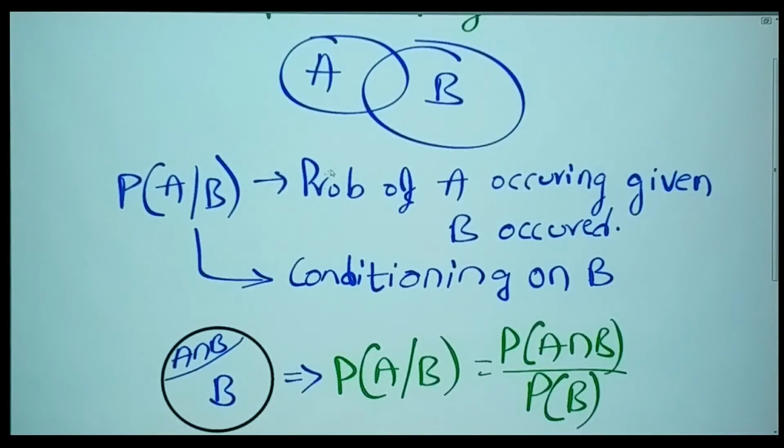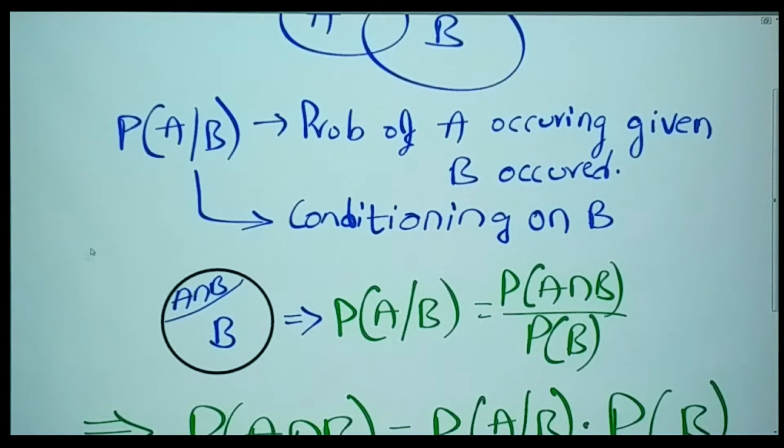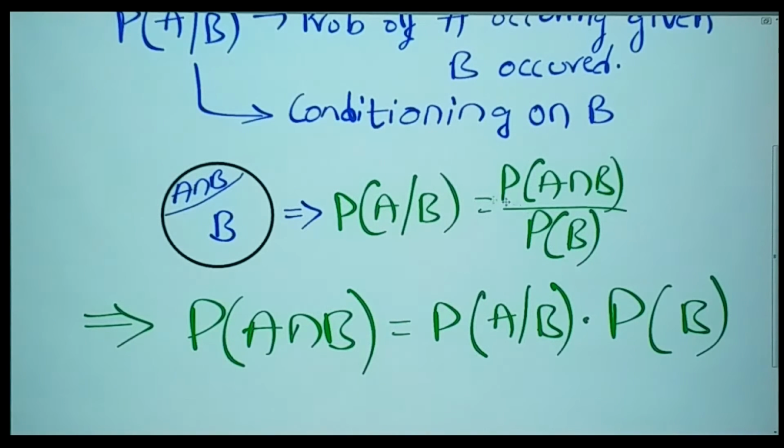This can also be represented in the Venn diagram form as follows. P of A given B is then equal to the probability that A and B both have occurred divided by the probability that B has occurred. From this, by rearranging these terms, we get that the probability of A intersection B, or the probability that both A and B have occurred, is equal to the probability of A occurring given B multiplied by the probability of